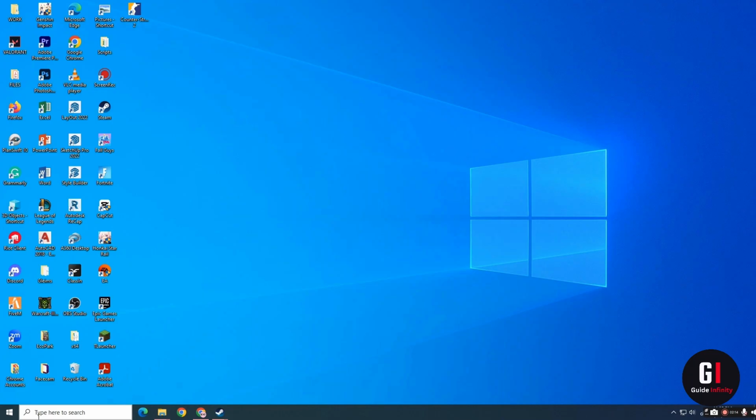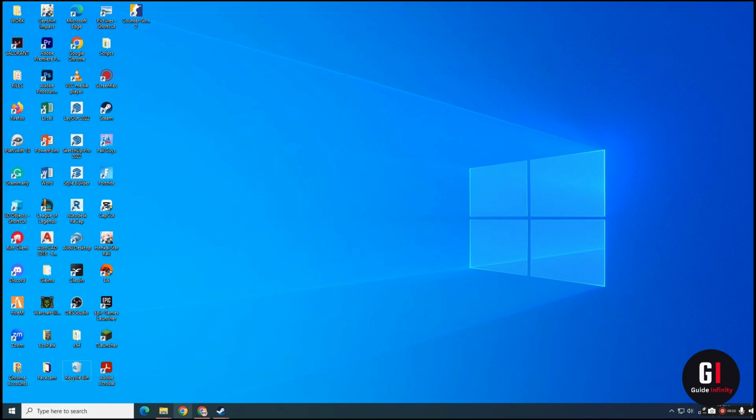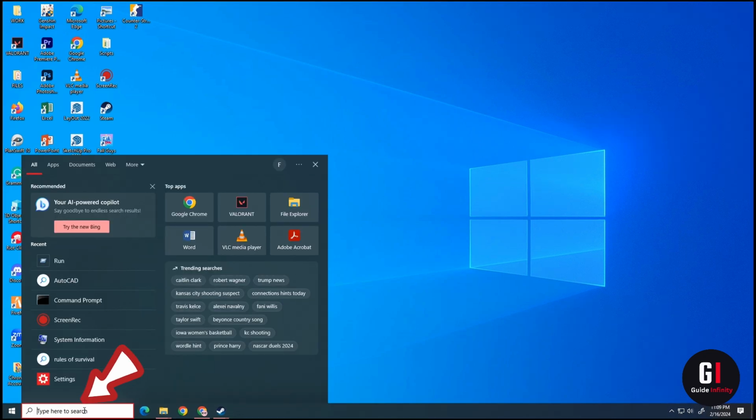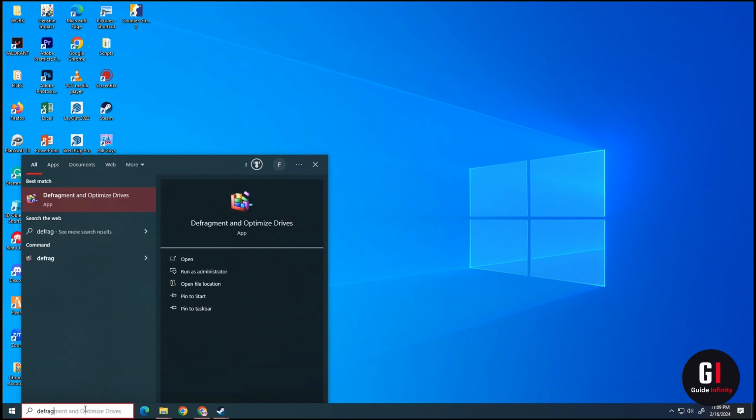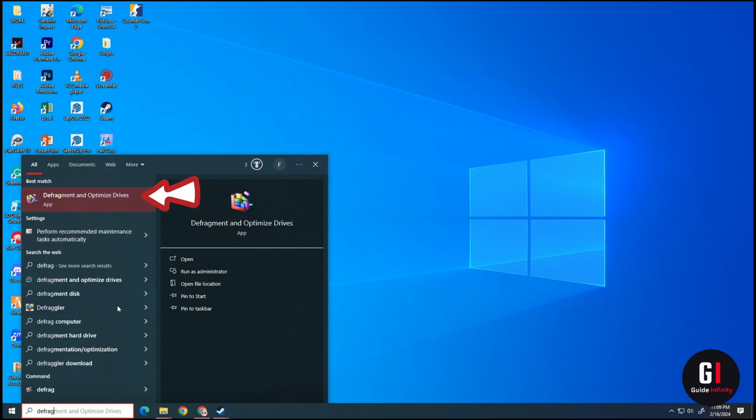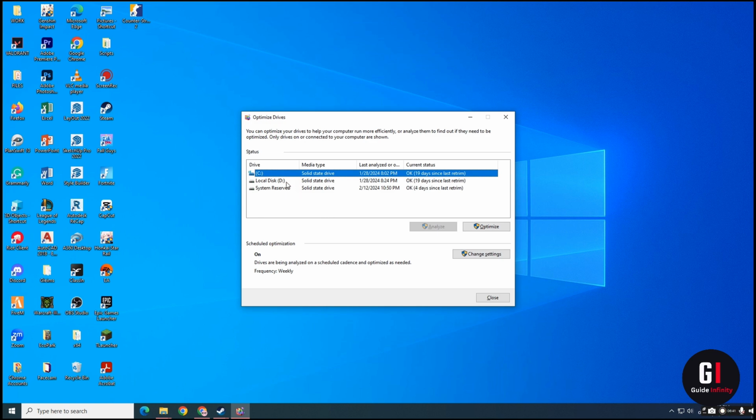thing that you need to do to completely clean and optimize your C drive. So what you want to do is come down to the search box, but this time you want to go ahead and type defrag. Now you're going to see an app come up called defragment and optimize drives. So go ahead and give this a click to open it up. Then you want to go ahead and make sure your C drive is selected, and then go and press the